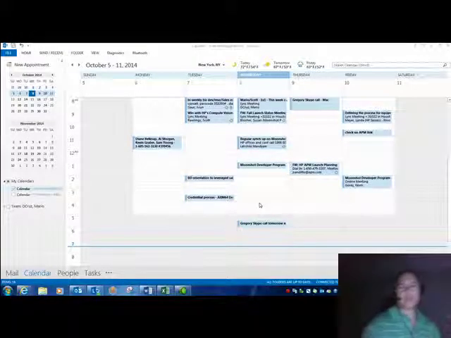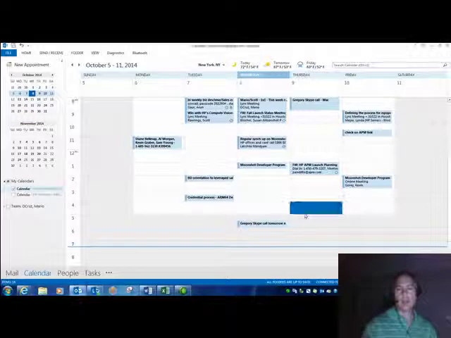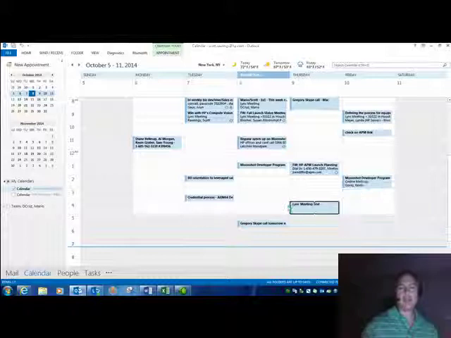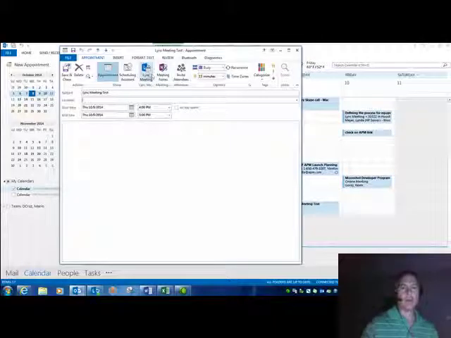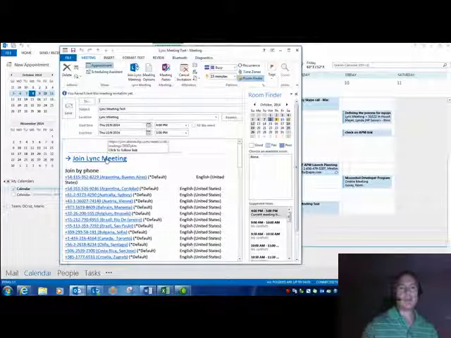So this part of the presentation, I'm going to very quickly just show how to set up a PowerPoint presentation for a Microsoft Lync webinar or a Lync meeting. So I go into my calendar. I'm going to type in Lync meeting test and then double click. Up here at the top, I'm going to do a Lync meeting. And to set up the PowerPoint to be associated with as the primary content I'm going to deliver in this Lync meeting,